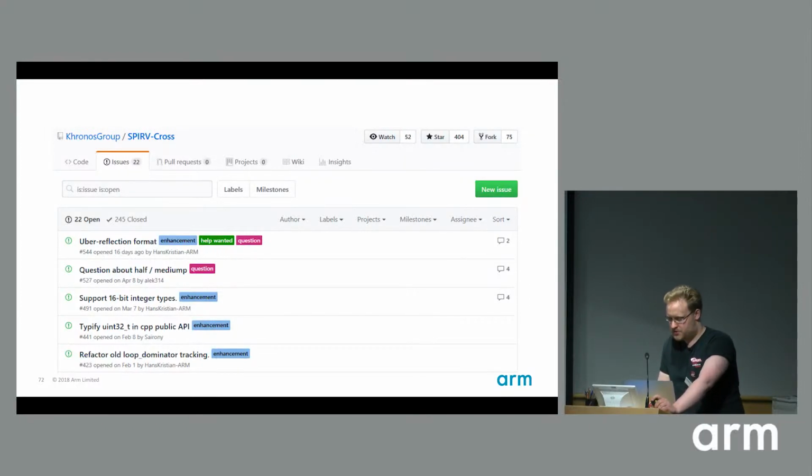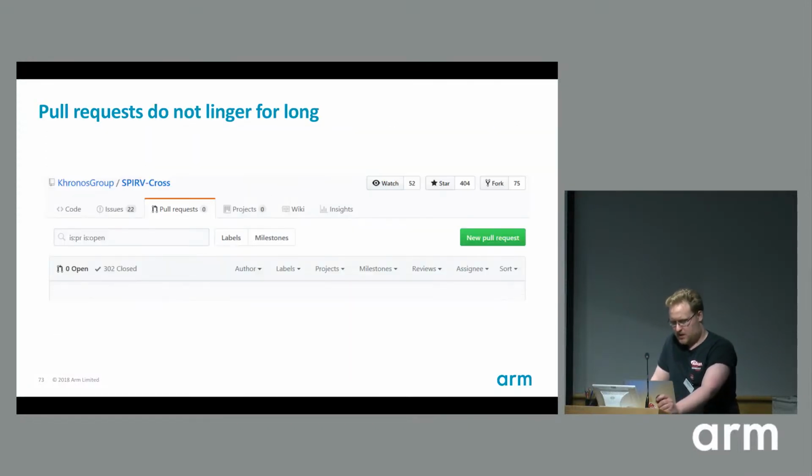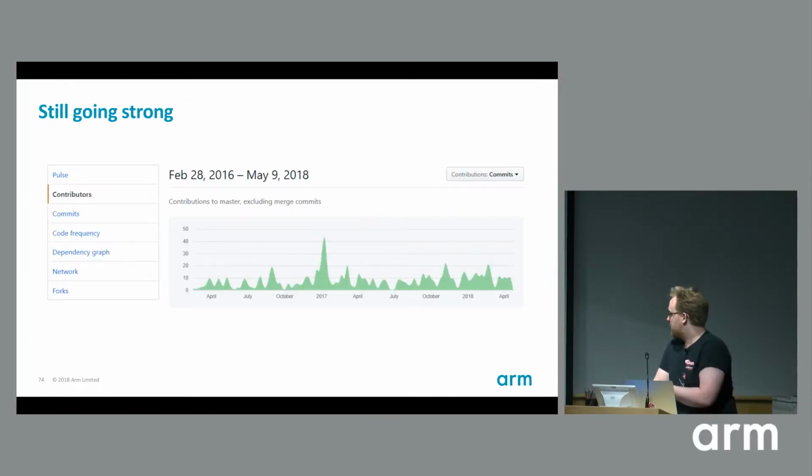So some stats on the issue tracker, it's mostly enhancements now. Not too many, and many closed. I think that's healthy. I really don't want to see 5 new bugs on a Friday evening. That's very stressful. I don't like pull requests to linger, so 0 open pull requests and 302 closed. I'm happy with that. Of course, 220 of those are probably mine, but anyways. Because I go through Travis to make sure I don't break Metal. So I have this habit of going through pull requests for everything. It's still going strong. It hasn't slowed down. There was this peak. I guess this was HLSL, a flurry of commits, but yeah, it's pretty steady so far